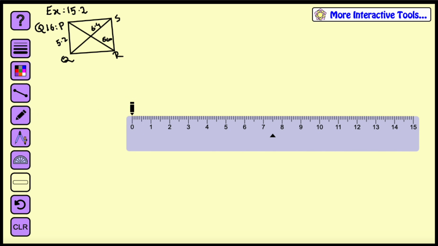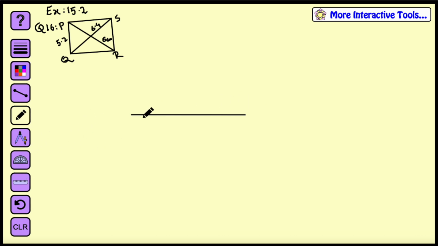a 6 centimeter line, and that would be PR. Then we have to draw QS, and we want to use the property of parallelogram, that both diagonals bisect each other. So for the bisector, what we will do, we'll use a rounder, okay, and